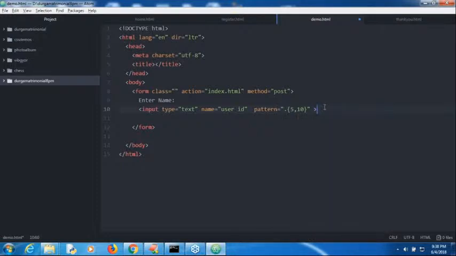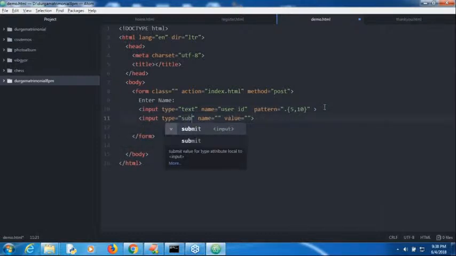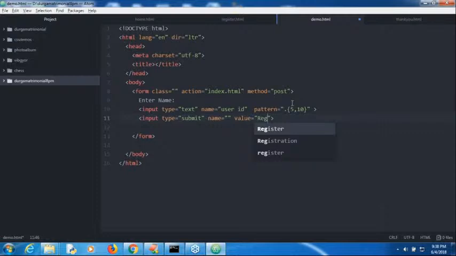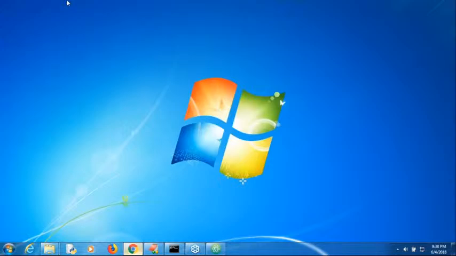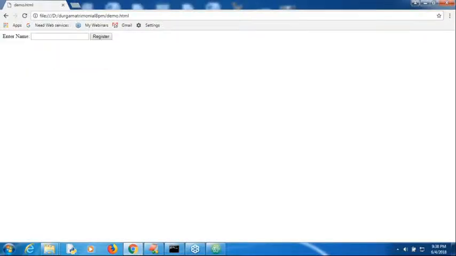Okay, leave that. Next, input type is equal to submit, name is equal to register. That's the end of the form. Now Control Shift C means copy full path. Open that in the browser. Yes, enter name and register. I'm trying to enter